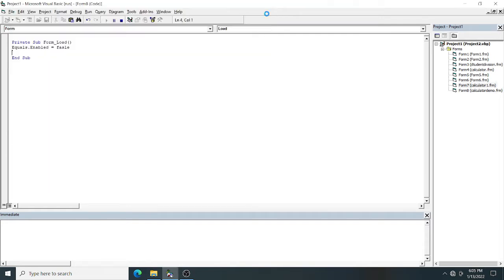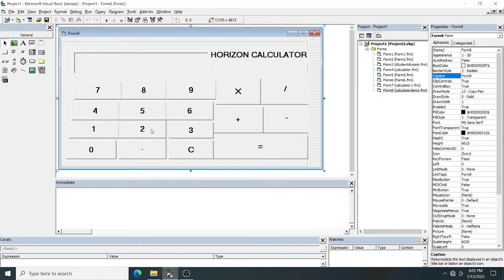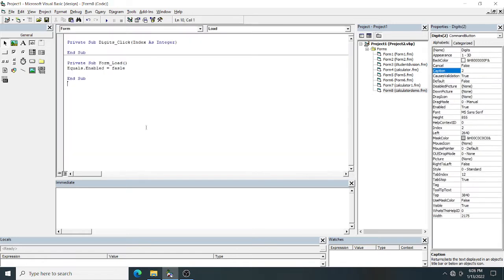Now go to the calculator. Just click on any numeric button, 0 to 9. I'm double clicking on, suppose, 2. You can see what happens. Because the name is digit, this event procedure digit underscore click with index as an integer comes.